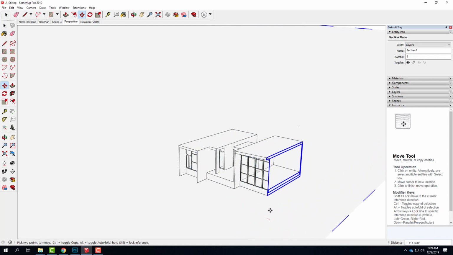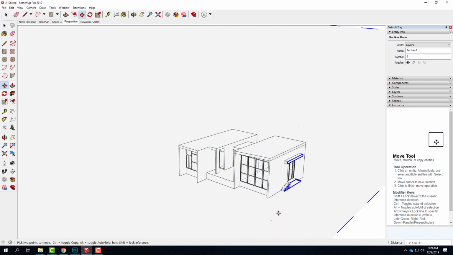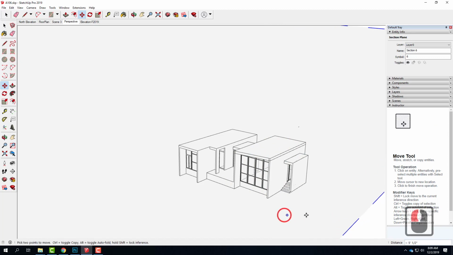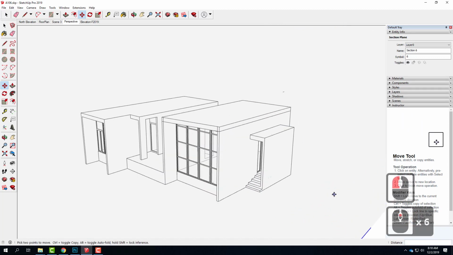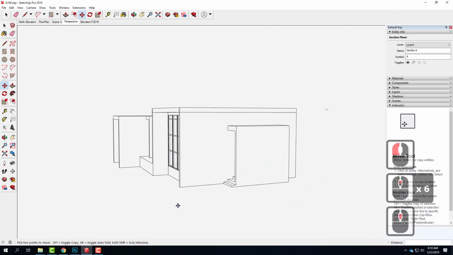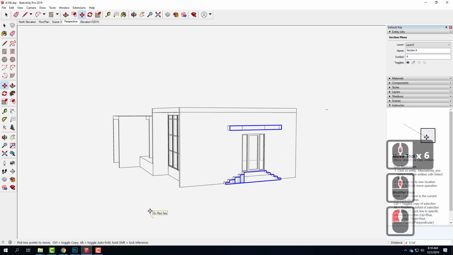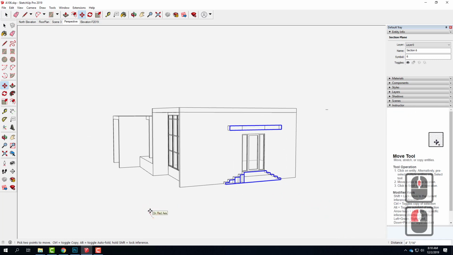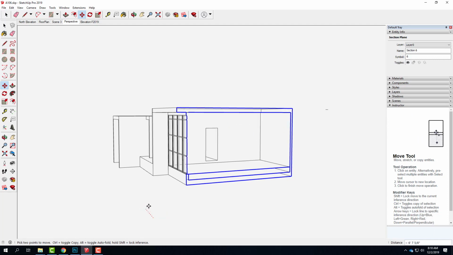And so as I'm looking at this building and kind of sliding through it, there are several sections that may or may not be interesting. Let me spin the view just a little bit so we're looking at it as it goes through. Obviously, all of this is in the perspective view. We'll get it into a flat section view in a little bit. But as I start to think about what do I want to show,